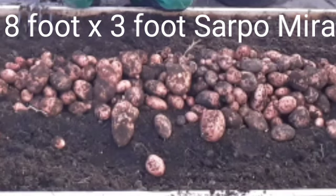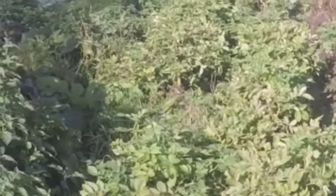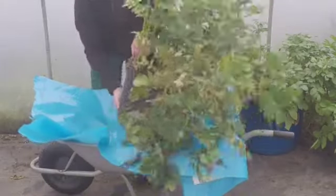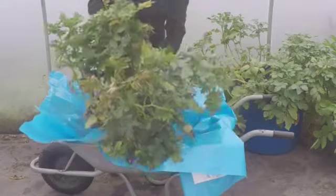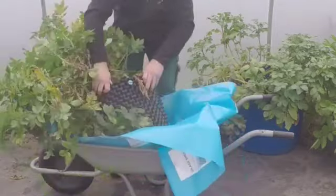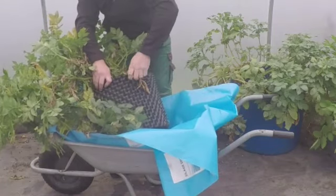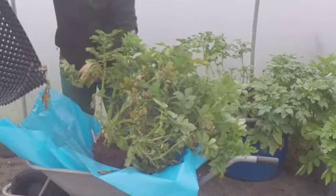So in this video I'm harvesting from raised beds, from pots and also from the ground. The results are in and the results are also conclusive. The potatoes that came out of the raised beds were big, they were smooth and there was no slug damage. The ones in the pots were smaller and the ones that were in the ground had a lot of slug